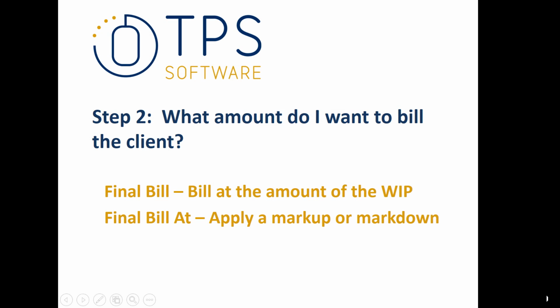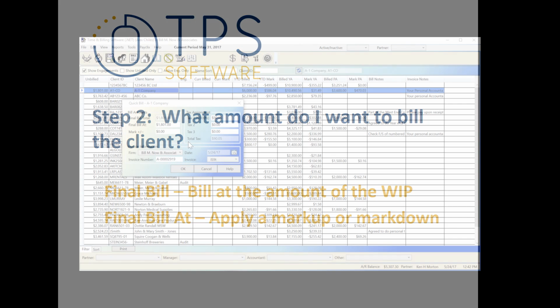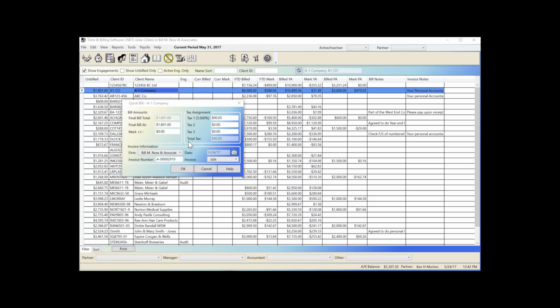Now I'm in step 2. How much do we want to bill the client? Do I want to bill the client the exact amount of the WIP? Or will I want to apply a markup or a markdown? In the Quick Bill screen, I can choose how much to bill the client. So let's round this client up to $2,000, creating a $199 markup, which will be proportionally distributed amongst the lines